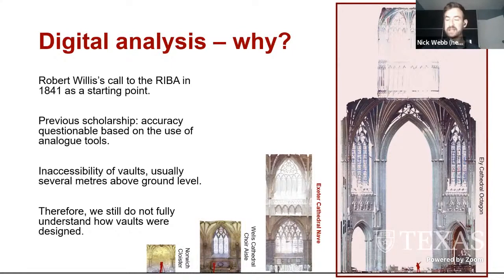And he used this talk in 1841 to the RIBA as a call for more data. If architects were working on cathedrals or churches and needed to put up some scaffolding, he was asking them, can they give him the data that he needed to further his research? However, he wasn't very successful at this. It was only Charles Barry who gave him some information on it. We also need to think about the accuracy of this previous scholarship, based on the fact that all information was collected using analog techniques. So, flash forward 180 years, we still don't fully understand how medieval vaults were designed, but